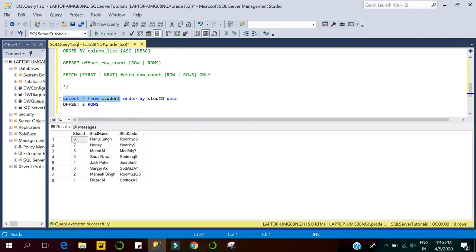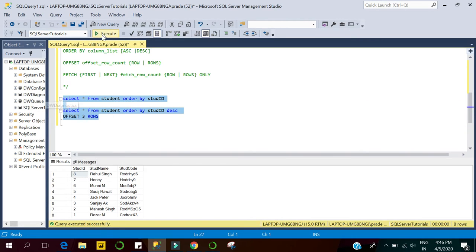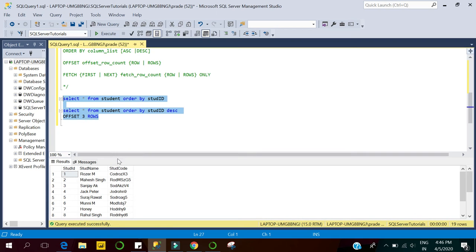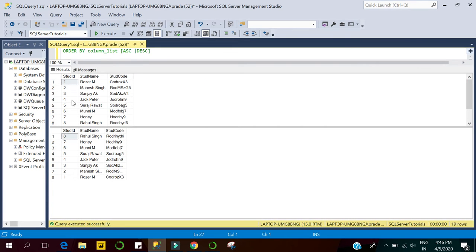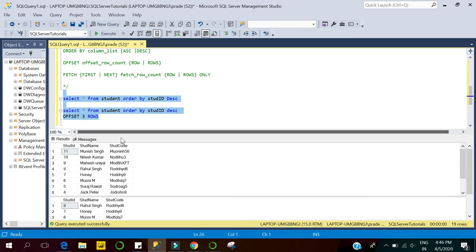So let's select the complete record from the table and execute both queries together to understand whether we are getting the right result. Here we have the output of these two queries, and you can compare. Let me sort the order of the first query in descending order.